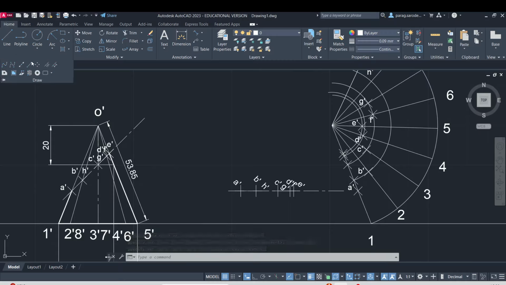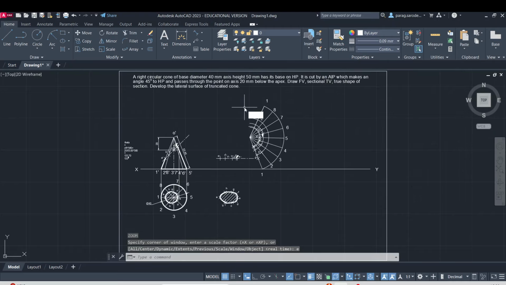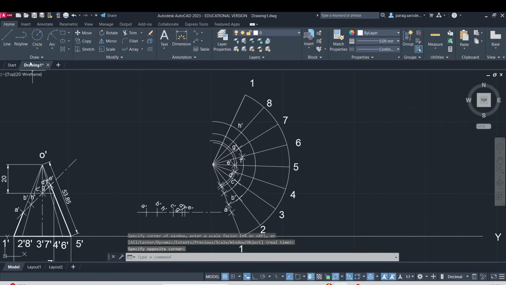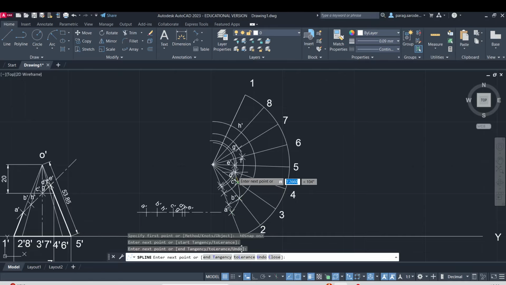So again here we will have to use the spline. So this is our point A. So before that let us zoom it and pan it. So let us pan first. If required we will zoom. Okay, so Z, then let us take E, and let us Z only on this window. Okay, so now we join in a sequence using the spline. So switch on the O snap. This point is A, B, C, D, E, F,